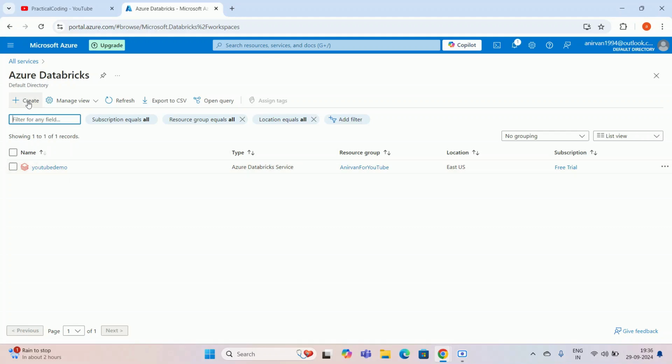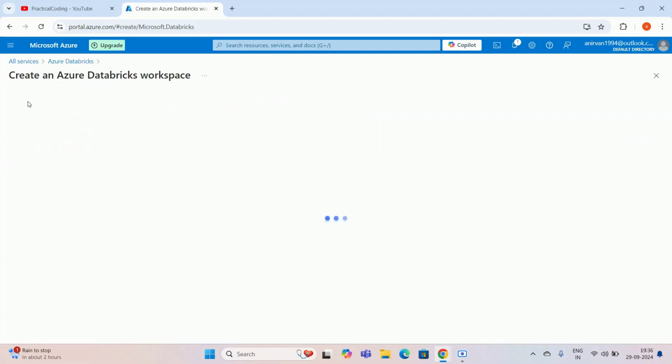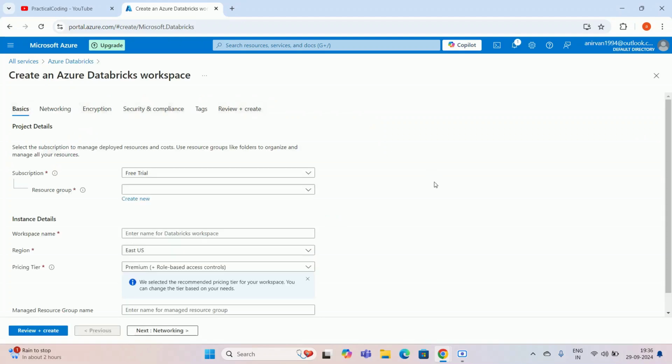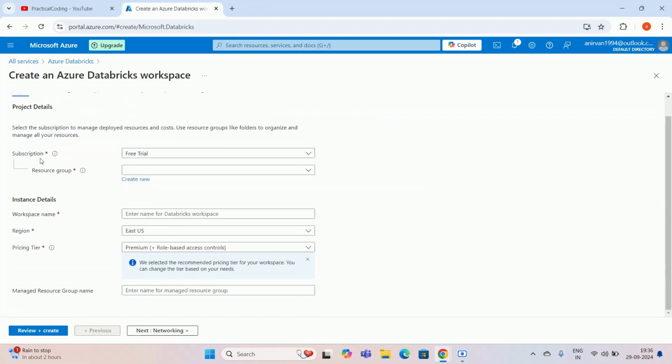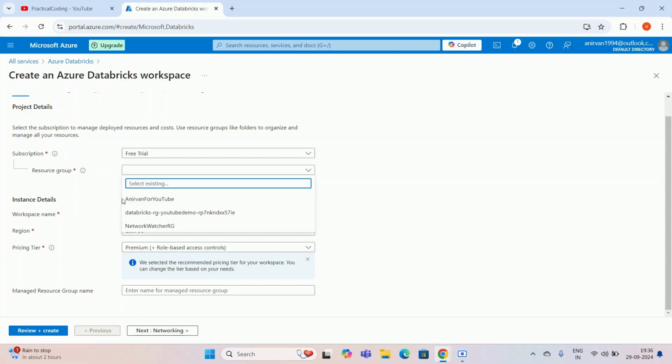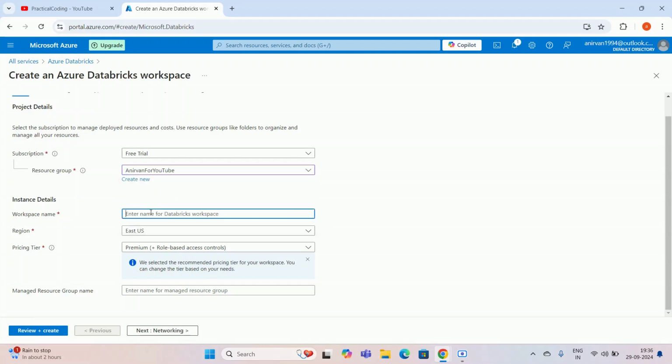I'm clicking this create button, and it redirects me to the details form. You have to select a subscription and then a resource group. I already have a resource group, which is this one, so I'm selecting it. Then the workspace name: you have to provide a workspace name, so I'm giving the example demo. This is my workspace name. Region, maybe I'm keeping this East West. That is absolutely fine. Then pricing tier,